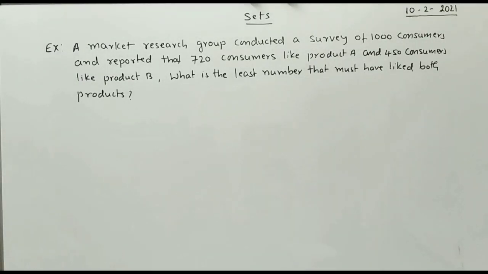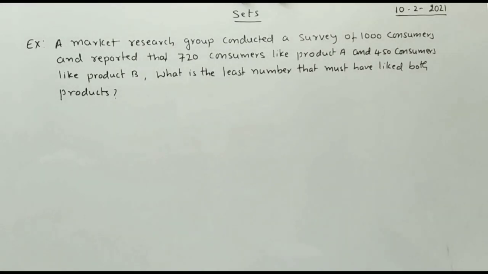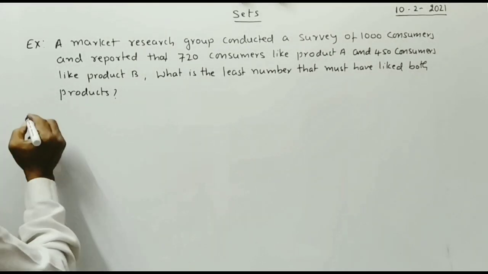Example: a market research group conducted a survey of 1000 consumers and reported that 720 consumers like product A and 450 consumers like product B. What is the least number that must have liked both products? Solution: